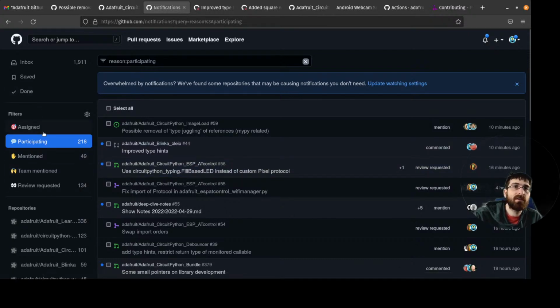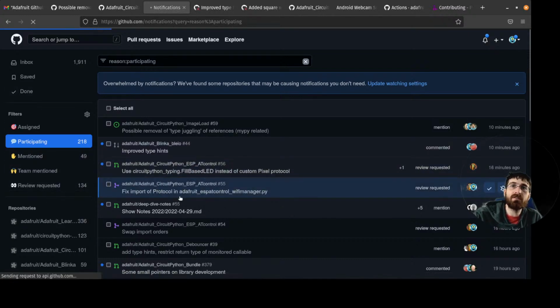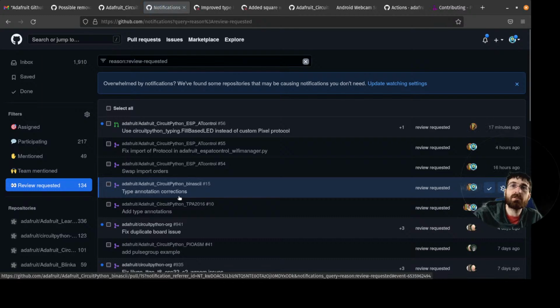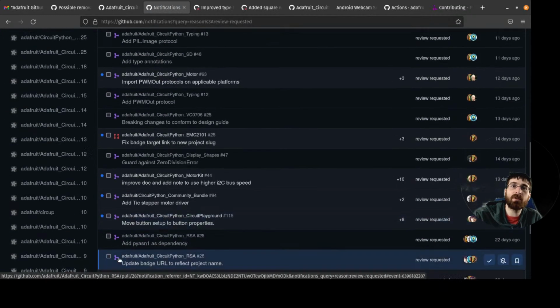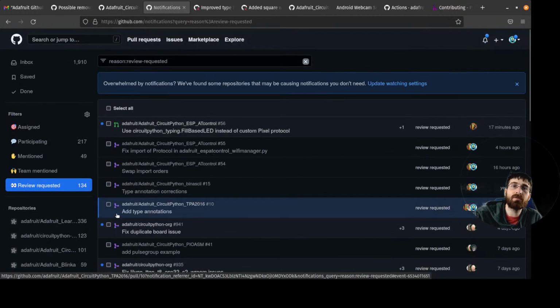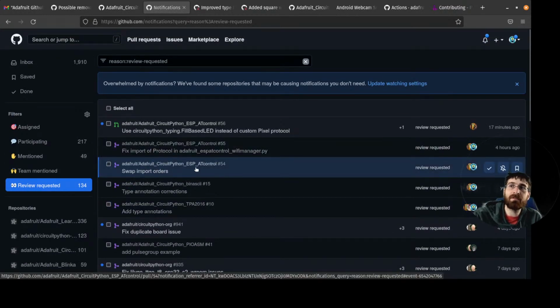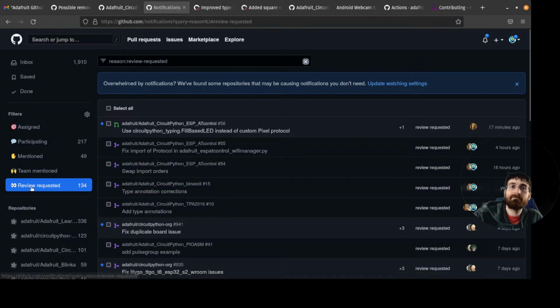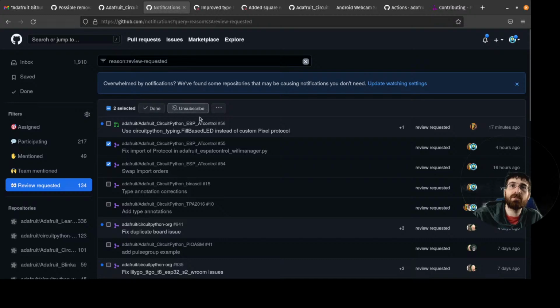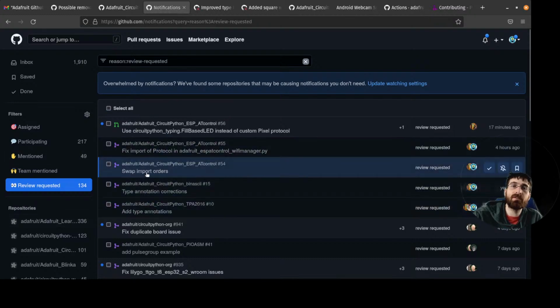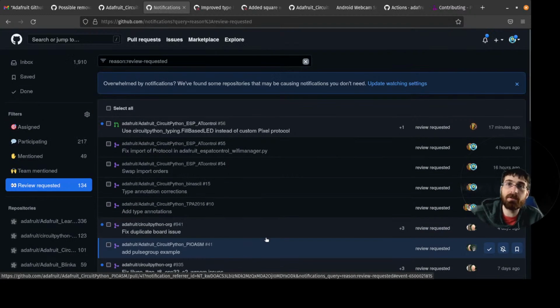There's also review requested, which you can look at, but it doesn't clear them out, right? A bunch of these are merged or closed and therefore there's nothing further that needs to be done. I think at one point I went through and tried to clear these, but I don't keep up with it, so they end up just rebuilding up.